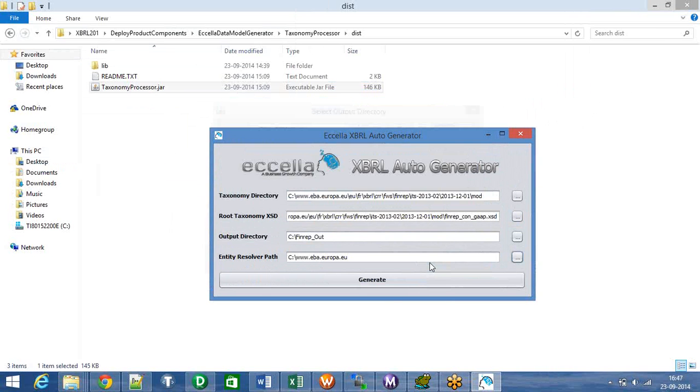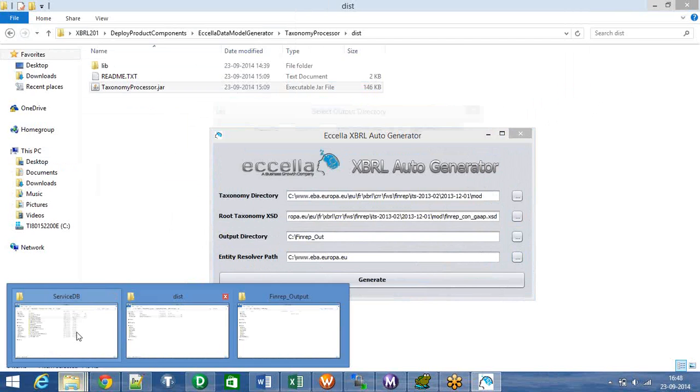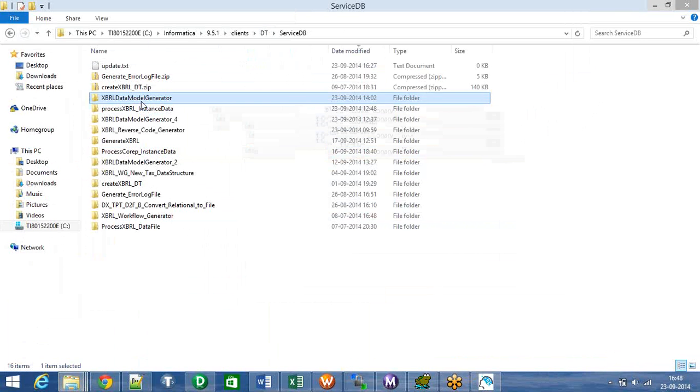Before we execute this, one thing you need to make sure is this jar file calls two DT services. One is the XBRL data model generator, and one is the XBRL reverse code generator. These are provided with the tool, and make sure that these are present in your service DB folder where your Informatica B2B data transformation is installed. After that,